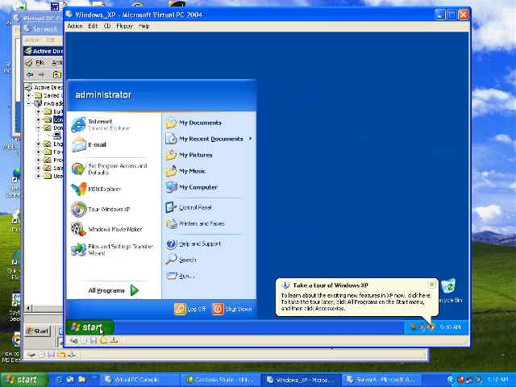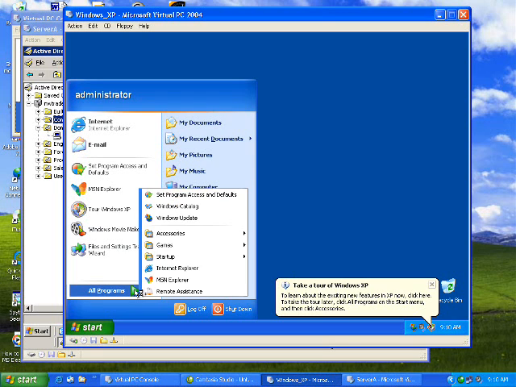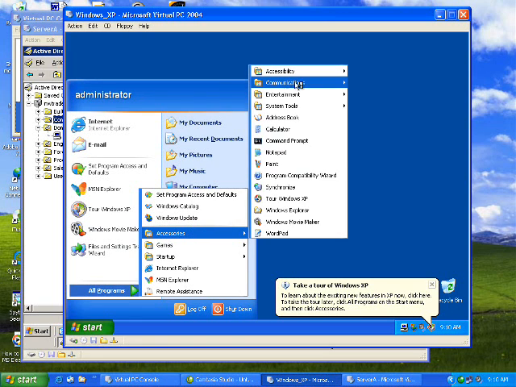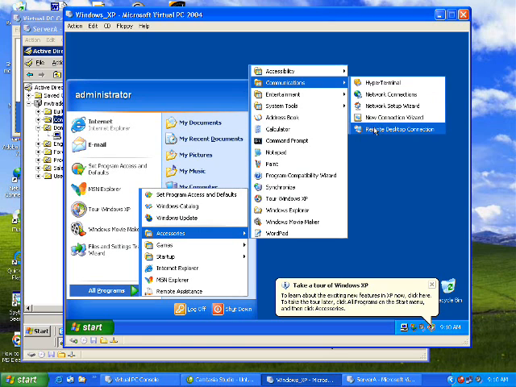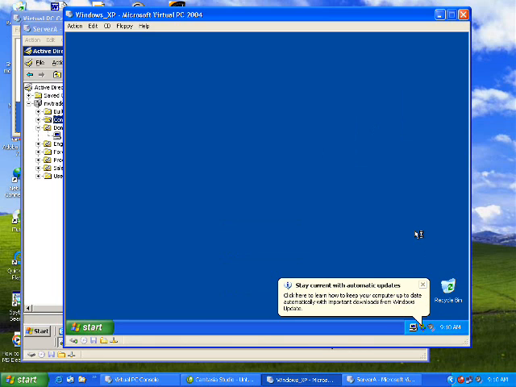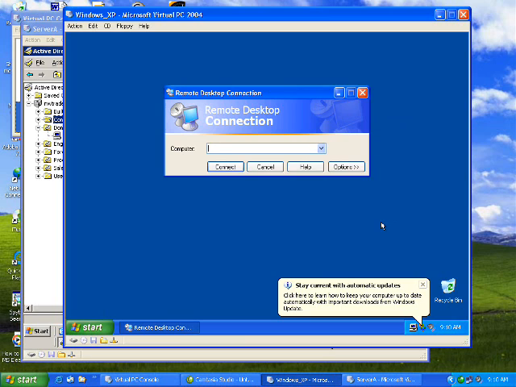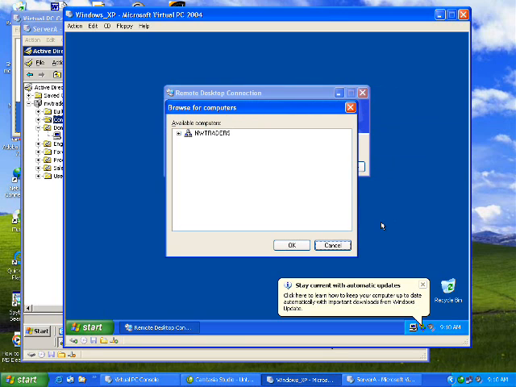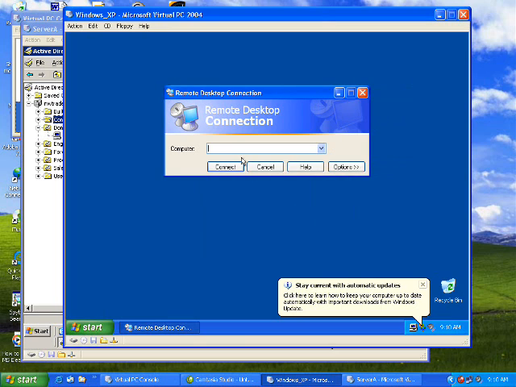Okay, I'm going to go to Start. Go to All Programs. Accessories, Communications, Remote Desktop Connection. Okay, now I got to type in the IP address of the server, 192. Well, I guess I could do that. Cancel that. 192.168.1.2